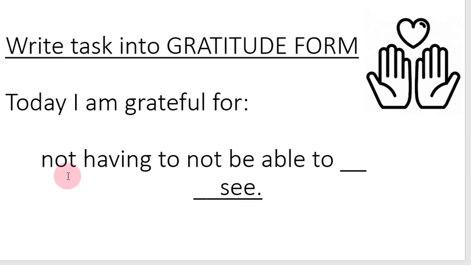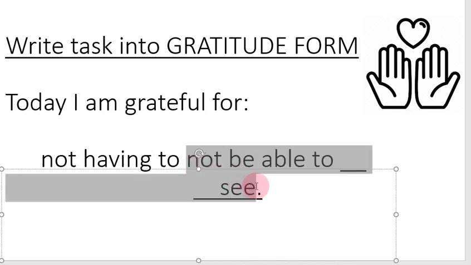Okay, here's an example. I try to do this every day, or as much as I can if possible. It says today I'm grateful for not having to not be able to see. This is kind of a really complicated structure in the English language, but just bear with me. Please follow me and you will understand. So it's just saying today I'm grateful for my creator, to the source, I believe in Allah subhanahu wa ta'ala. So if you say, okay, I'm grateful for the one who created me for not having to not be able to. So this means that, for example, some people in this world, they are not able to see.